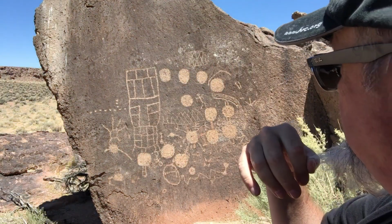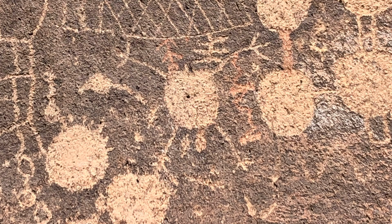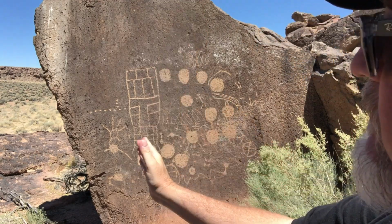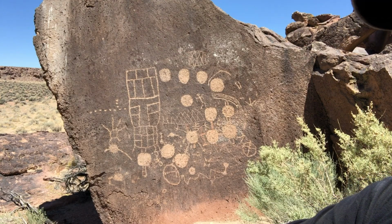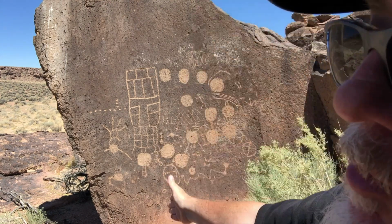Some of the moons have a different motif than the others. Starting from this end, let's say that's 1. Number 10 has spikes coming off of it and ends in something that looks like a bird foot, a bird track. The next one over has, in the upper right-hand quadrant, spikes or rays emanating from it. In the lower left-hand quadrant, we see 3 different circles. Now, are the 3 different circles connected to that moon, the 12th moon, or is it connected to the big tall motif in the